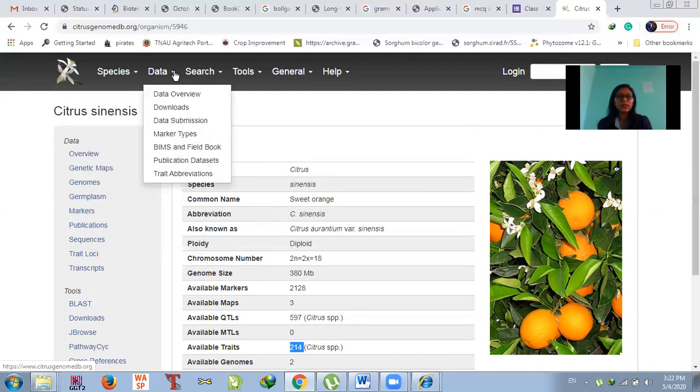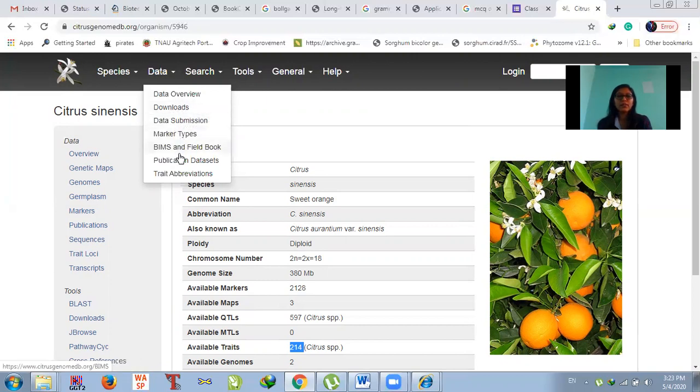Next, come to the data menu. Here you can download different kinds of data, because all the germplasm information of different species is also available on this database. You can download the germplasm information, the marker information, the QTL information, and the trait information from this download option.